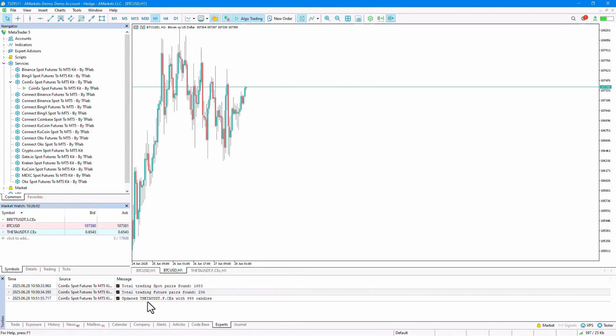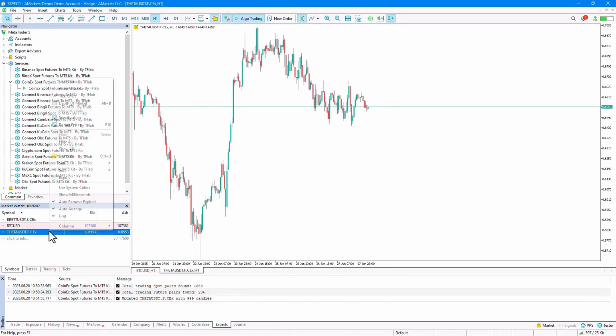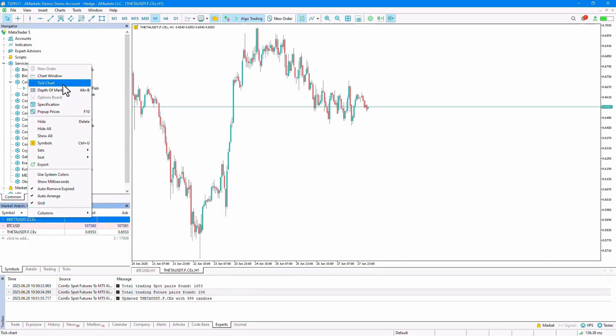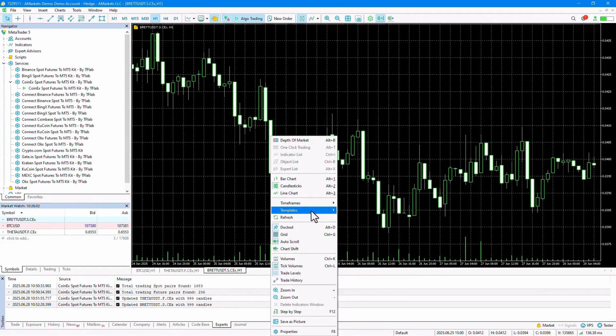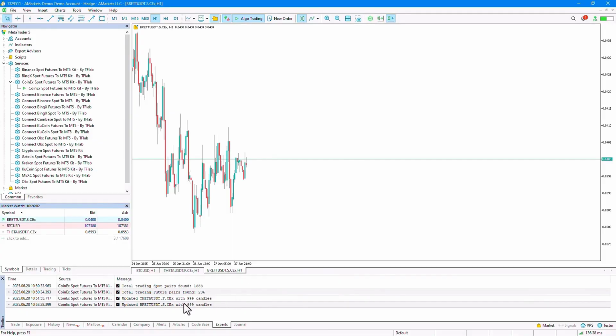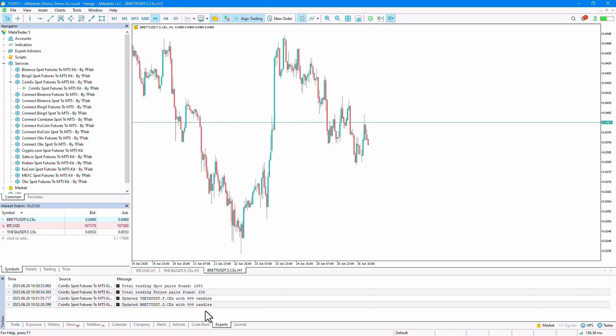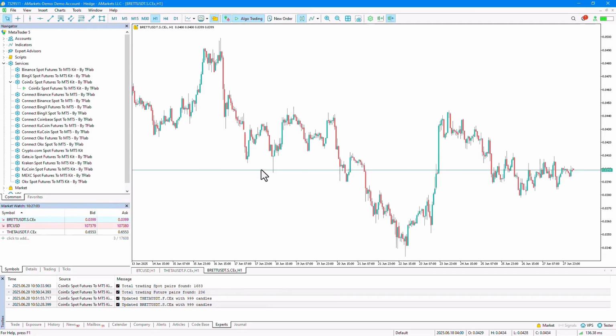At the bottom section, we can see information related to the data being fetched. 1,000 candles for the first symbol and 1,000 candles for the second symbol have been fetched and displayed on